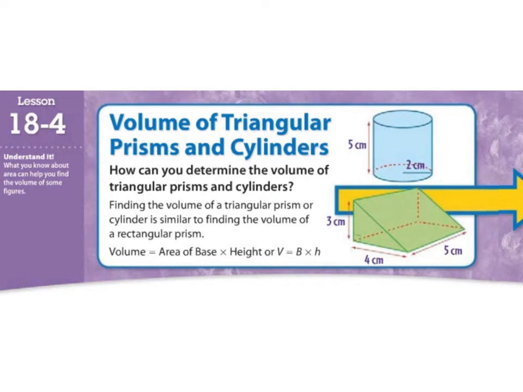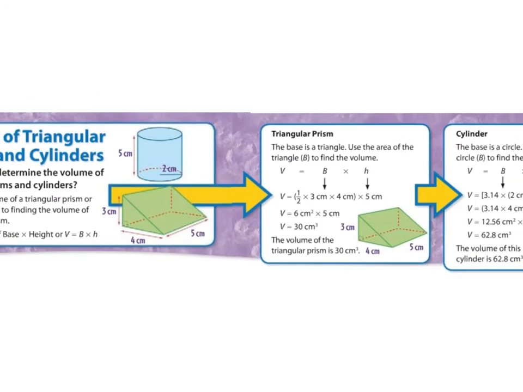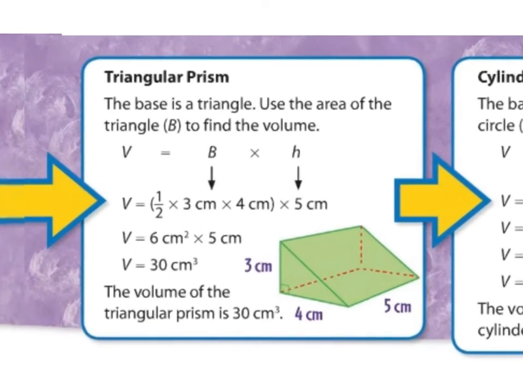So the other two shapes that we're going to find the volume of during this lesson are cylinders and triangular prisms. I'm wondering what's the difference between finding the area of a triangle and a rectangle, because that's going to be very similar to the equations that we're going to use. So when we find the volume of a triangular prism, it's going to be exactly the same as a rectangular prism. It's going to be capital B times H,